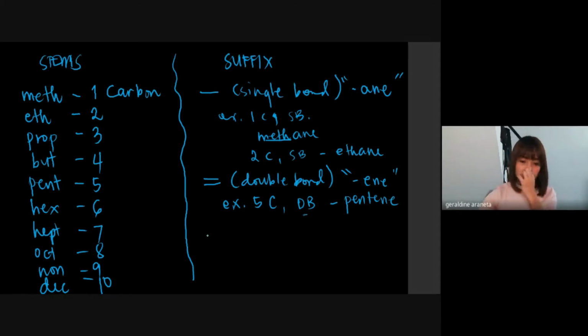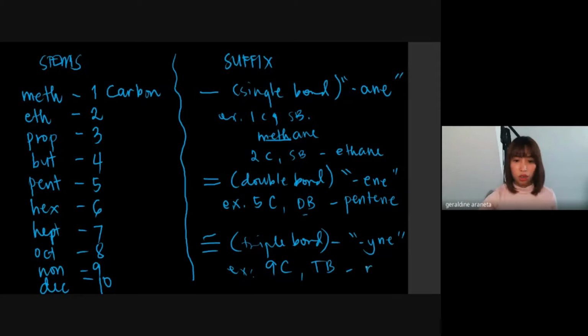Okay? Kapag triple bond naman, 1, 2, 3, triple, that will end with YNE. So, example natin would be 9 carbons, triple bond, that is nonyne. Non because 9 carbon, YNE kasi naka-triple bond. That's an alkyne. So, mas maganda, ma-memorize nyo siya kasi ngayon na actually,